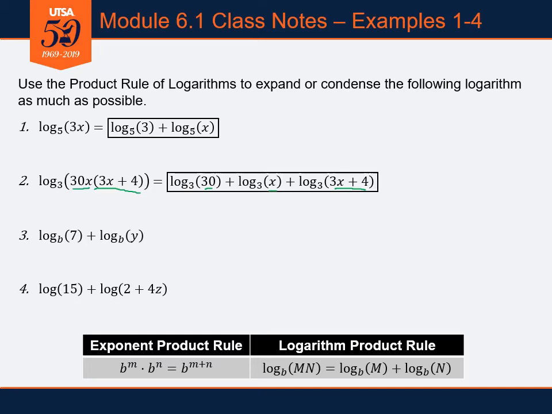So two multiplications on the left-hand side split twice into two additions, two sums on the right-hand side. And then realize on the right-hand side here with the last logarithm, log base 3 of 3x plus 4, that I can't split that up any further,